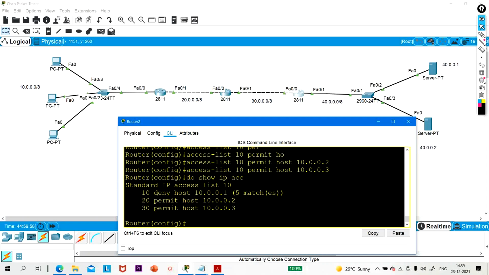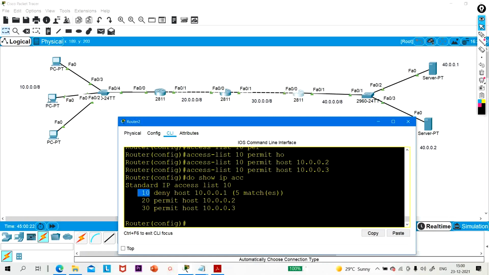You can see over here there are 3 entries, and for sequence number 10, host 10.0.0.1, the match is 5 times. That means 5 telnet traffic has come for sequence number 10, right?